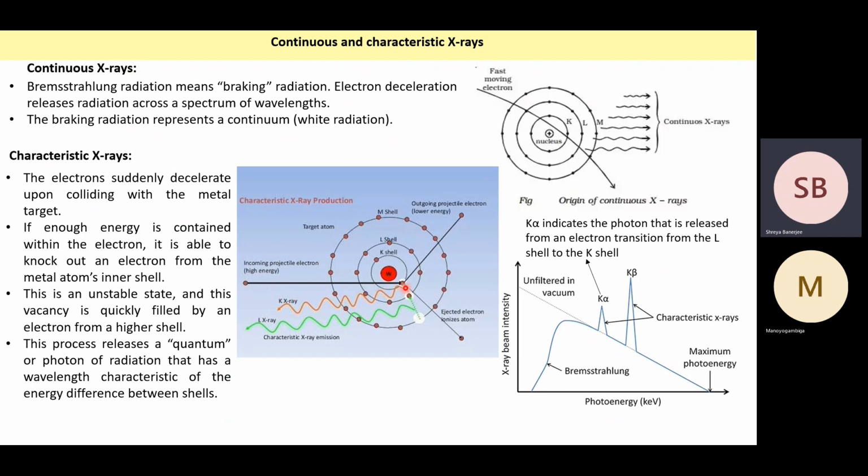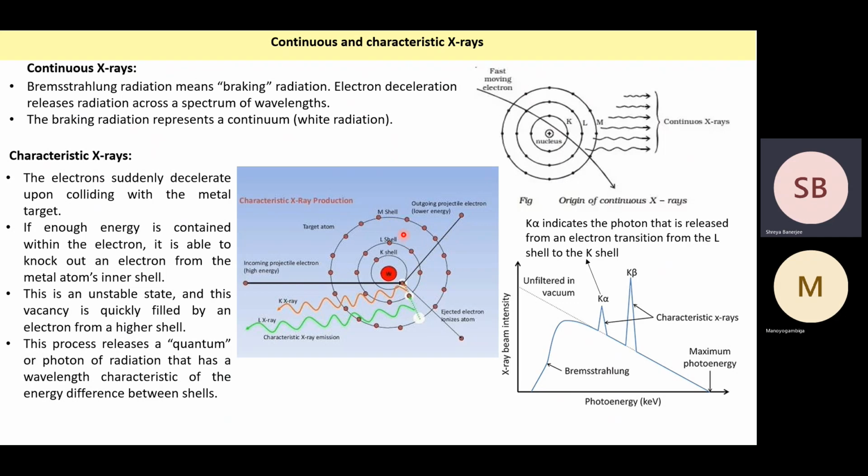So when it collides with an electron of the anode, this electron is deflected outwards. But what it does is that it pushes one of the inner electrons of the atom of the anode outside. So now in the anode atom, there is a vacancy over here. This is an unstable state, and this vacancy quickly needs to be filled by an electron from one of the